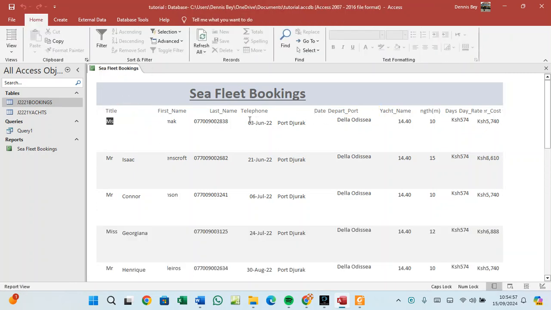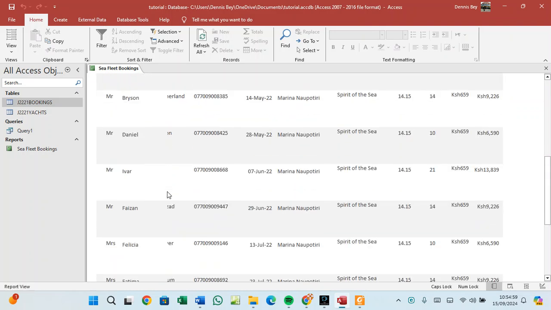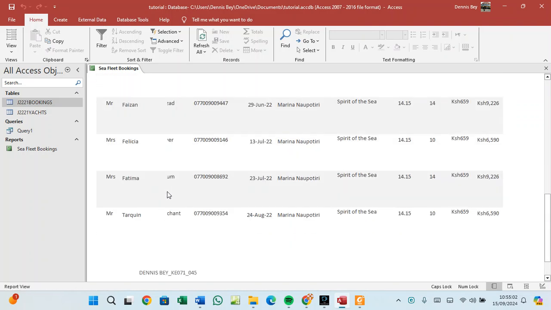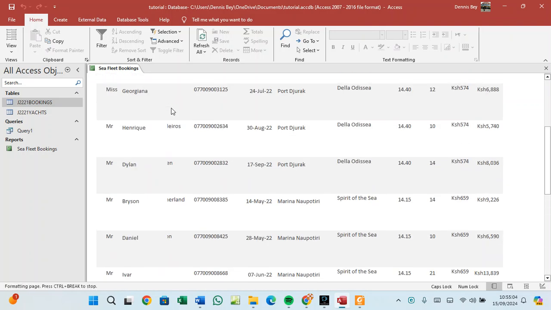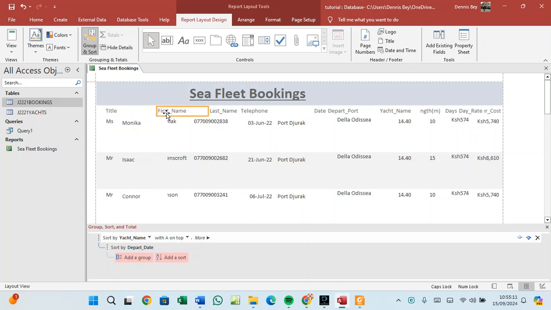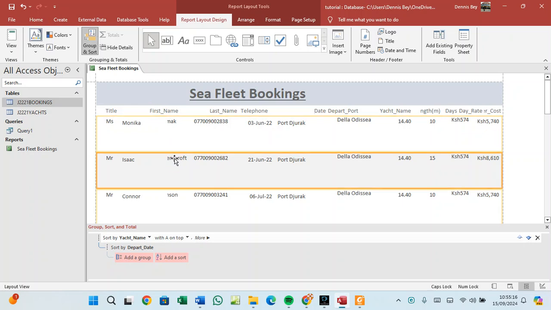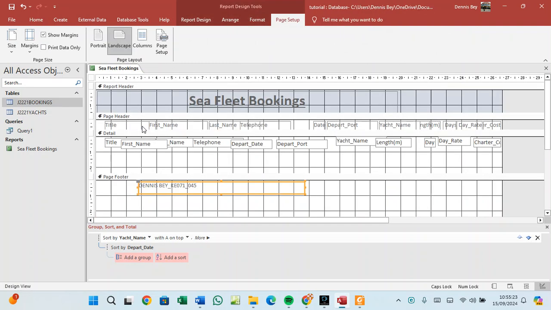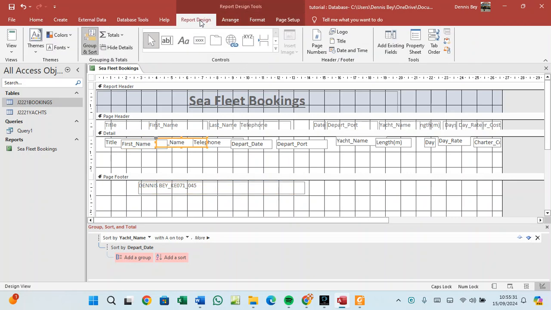You see how things look like, so that your report is like this. This thing is not clear. Which one is this? First name. So you right click again, you go to layout view, first name, ensure that you expand it nicely so that they are visible. And then you can right click here, you go back to design view. So on the design view, I can click on which table can I click on? And then under report here,